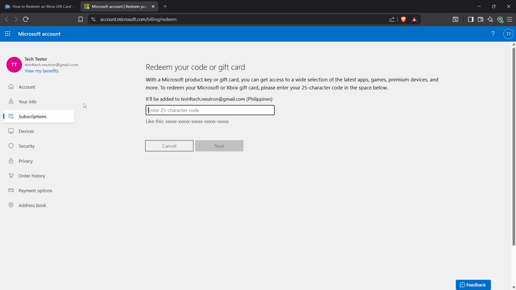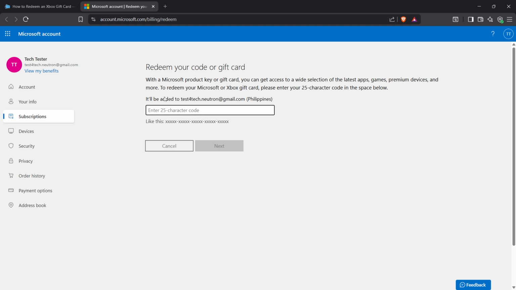Next, sign in with your Microsoft account, the same one linked to your Xbox profile. This is important because whatever you redeem is tied to this account. If you have multiple accounts, take a second to confirm you're on the correct one by checking the email at the top of the page. Complete any standard security prompts as usual, then continue to the redemption screen.